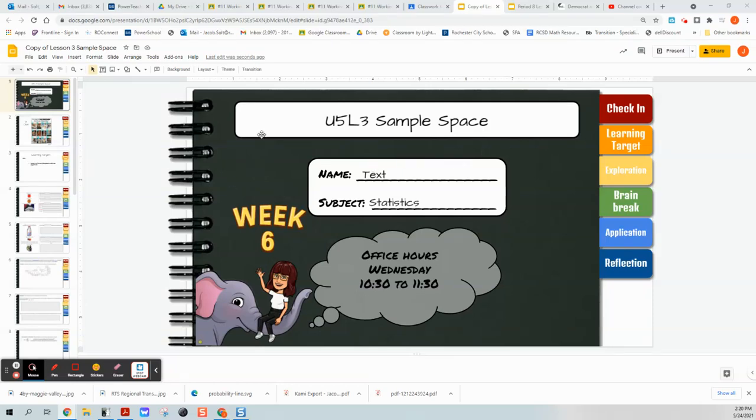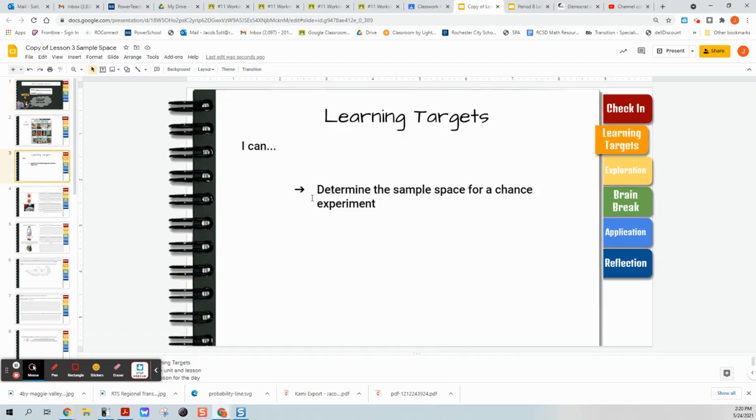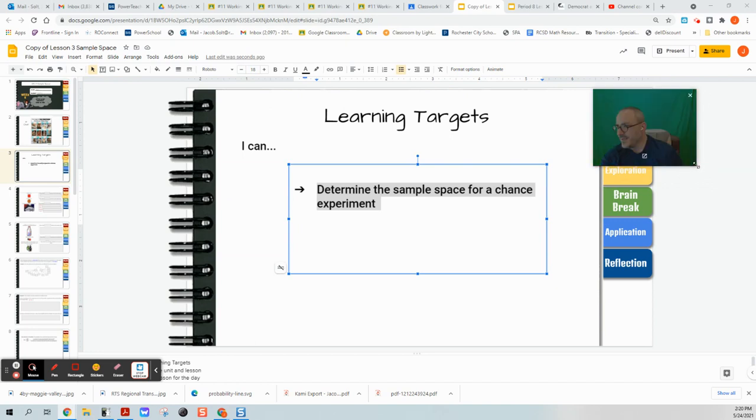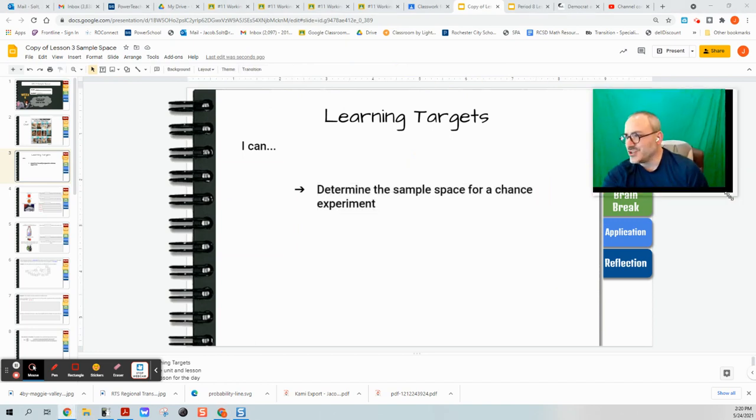Hello, everyone. We are working on statistics, Unit 5, Lesson 3, sample space. I'm doing some sample space today. We have a learning target here: determine the sample space for a chance experiment. We're determining the sample space for a chance experiment,